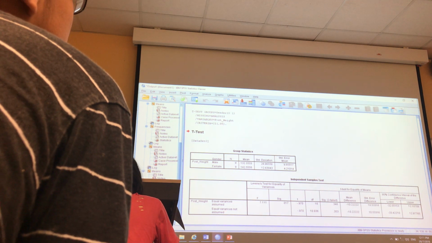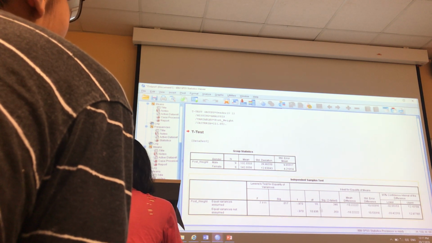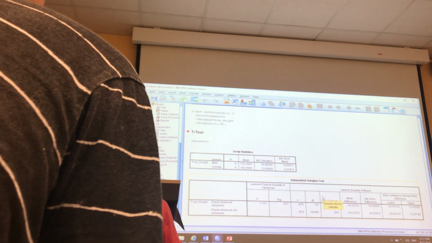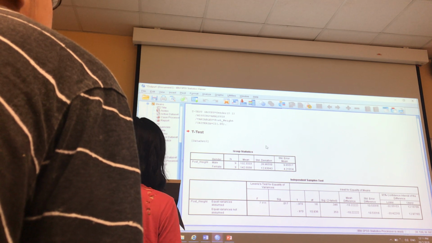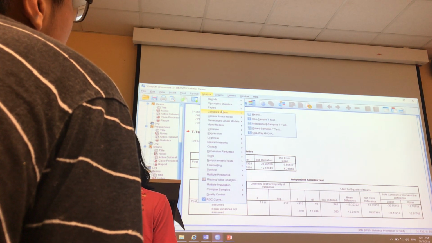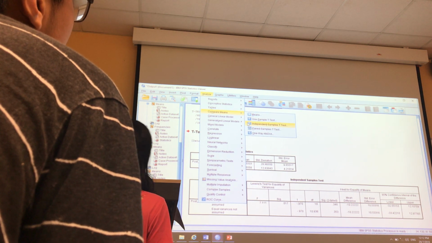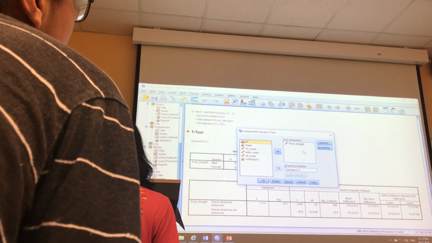Gender difference, you all know that it's an independent sample t-test. I don't have to go through the steps, right? You all know the steps, right? Analyze, compare means, independent samples t-test, weight is your DV,